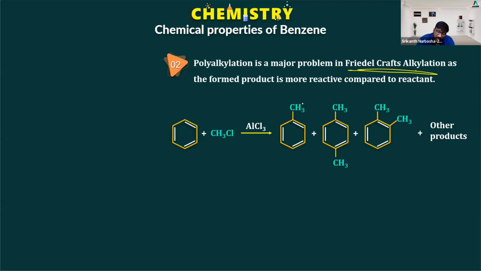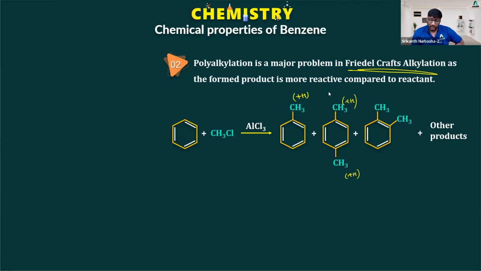If you compare benzene and methyl benzene, methyl benzene is an electron donating group by hyperconjugation. So it is even more reactive towards electrophilic substitution reaction. It is even more reactive, yes or no? So when you look at the products obtained, they are more reactive towards electrophilic substitution when